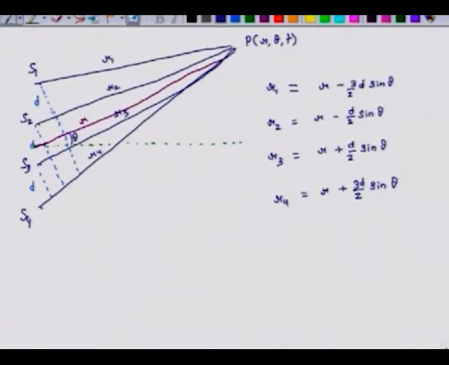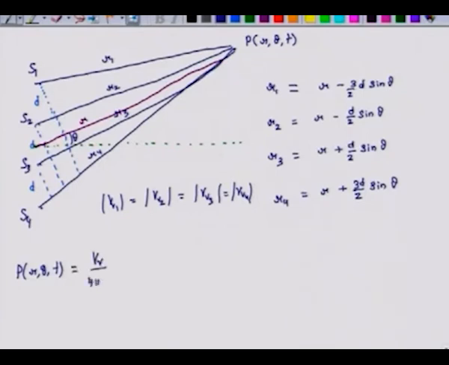We again assume that the volume velocity of all these sound sources is the same. So, V1 magnitude equals V2 equals V3 equals V4, and we also further assume that the phase angle between each of these volume velocity sources is exactly 0. So, the phase is 0. With these assumptions I can develop an expression for pressure at point P, and that depends on r, theta and t, and that equals